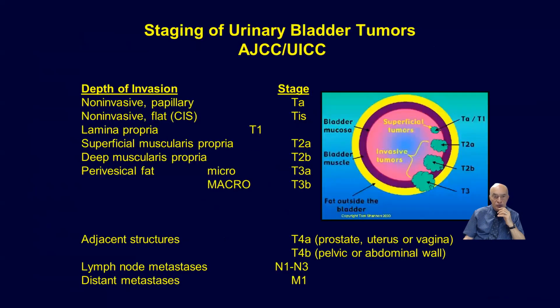Then the most important aspect that we are going to evaluate is basically the stage of the tumor based on the depth of invasion, going from the pTa, the very superficial tumors, or pT1, when they are invading only the lamina propria, or pT2 when they are invading the muscle, and depending on the depth of invasion, we can subdivide into pT2a and pT2b, and then pT3 is when the fat outside of the bladder is being involved. So this is a very nice